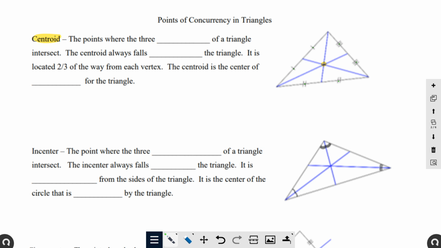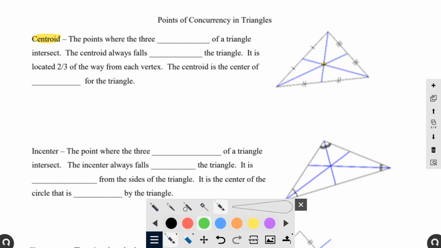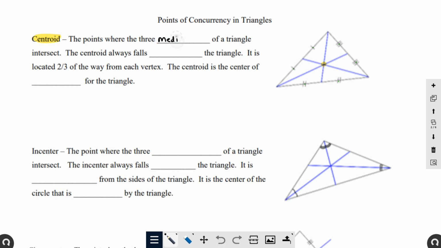Well, they're not all equal to each other, but they are all cut in half with each other. Okay? So in this first blank, we are going to put the intersection of the three medians, because we can see all the sides are cut in half at the middle. The centroid always falls